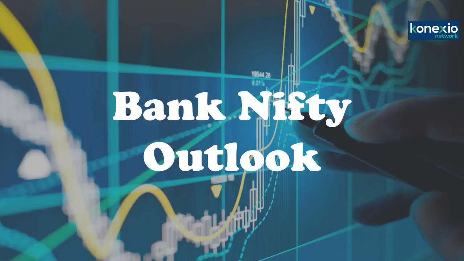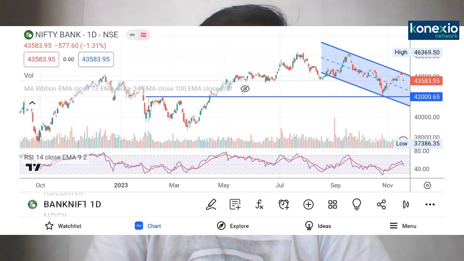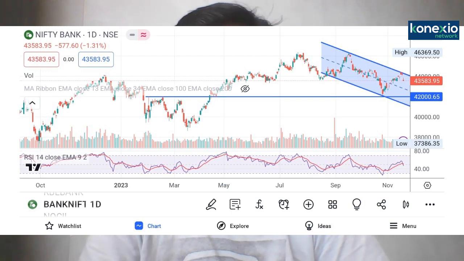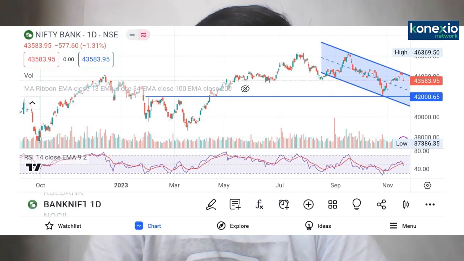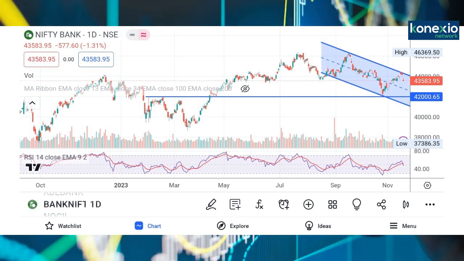Now, friends, let us directly go to the Bank Nifty daily charts, and we'll try to figure out what is the trend or what is the pattern which has been formed on the Bank Nifty daily charts. A similar kind of move was also seen in Bank Nifty. You will see on the screen. Now, this is the Bank Nifty, but last week